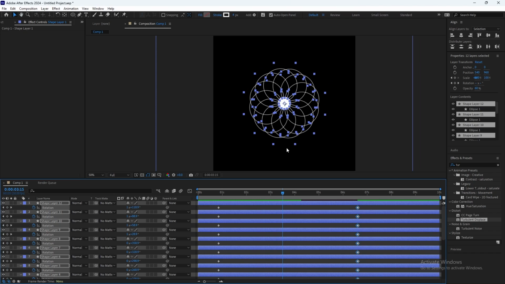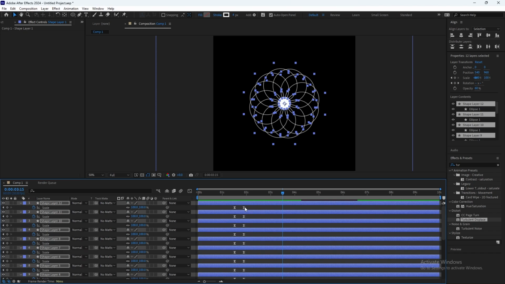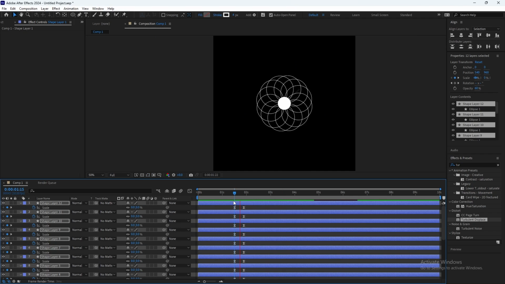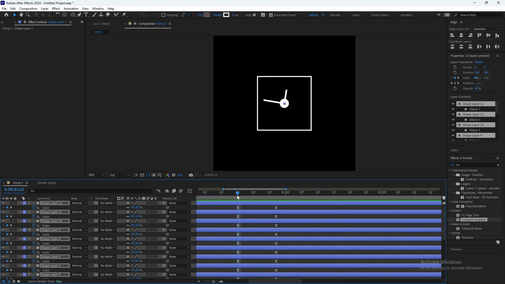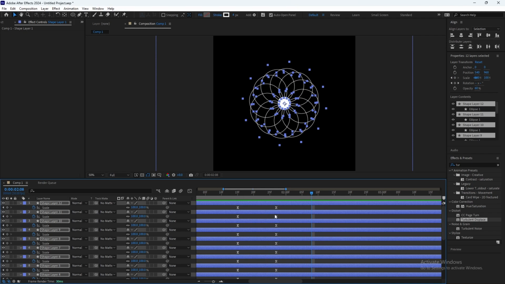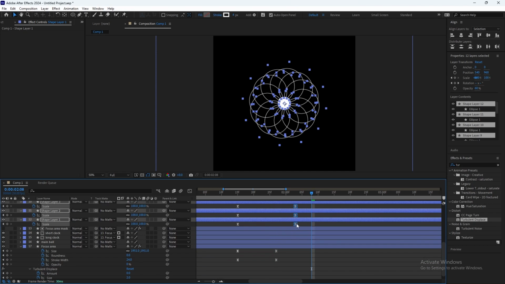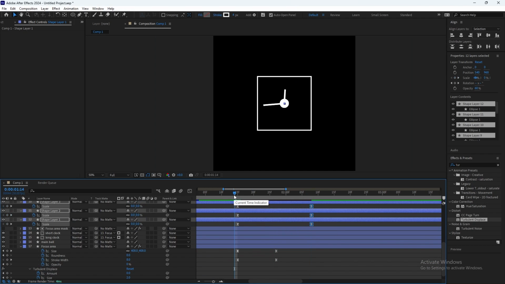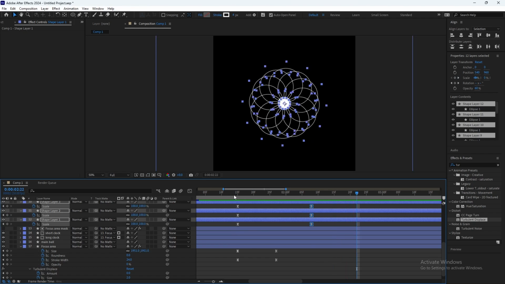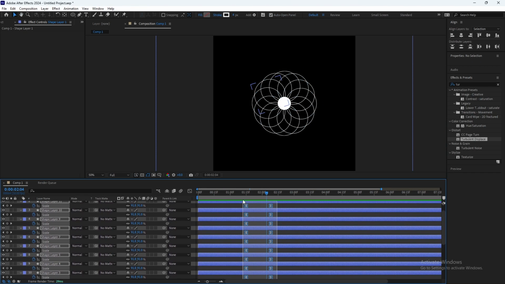The spinning is fine, but one thing that is not fine is the scale. It's too fast. So let's do it like 23 frames ahead and increase it. Let's see. Okay, that's fine. Let's just move it back a little bit.